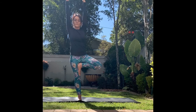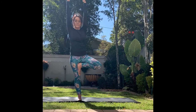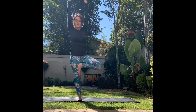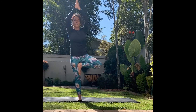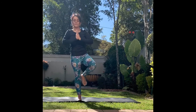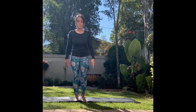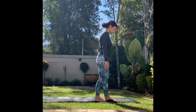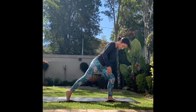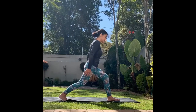Keeping your gaze fixed. If you fall out of the pose, just come back into it. We're all human, that happens. Inhale, prayer to heart center. Exhale, release your foot, kicking both feet out. Coming back to stand at the top of your mat, taking a big step back with your right foot,